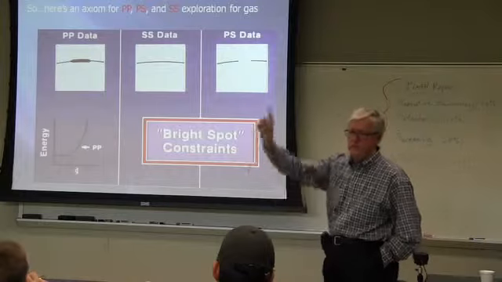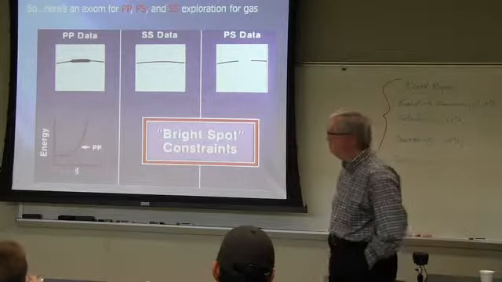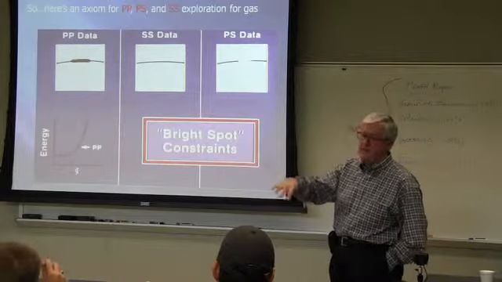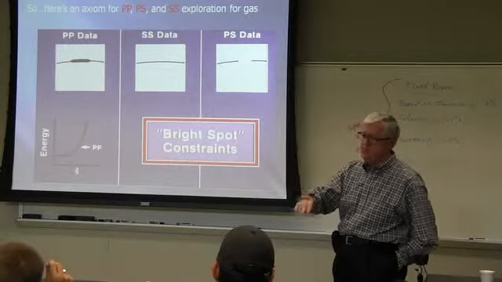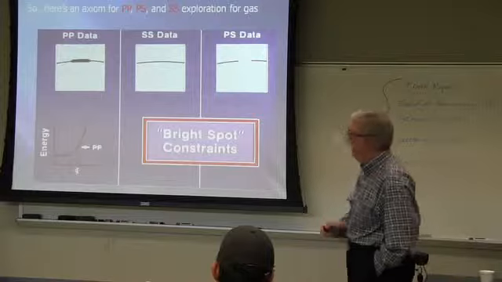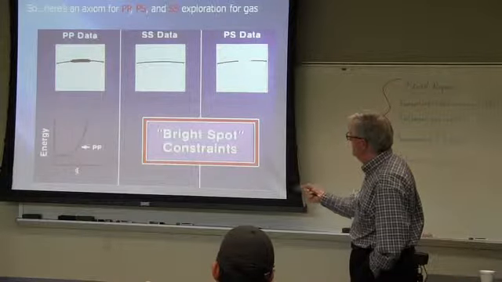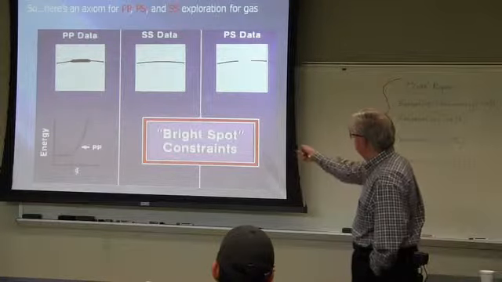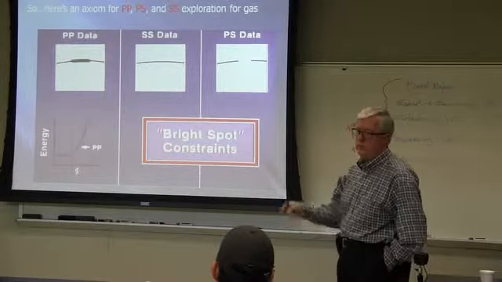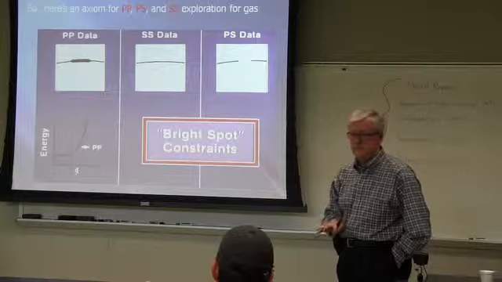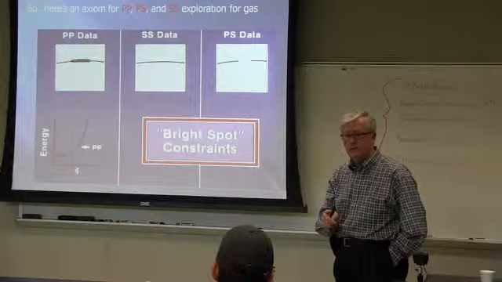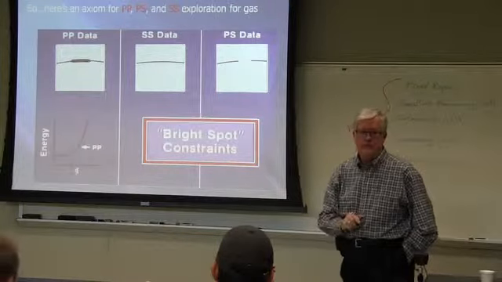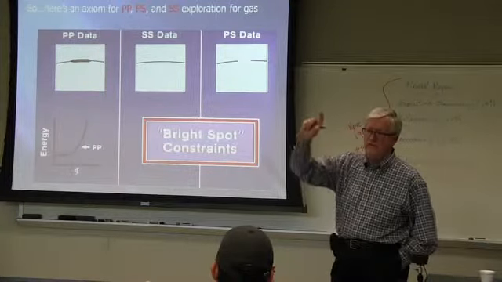that is to say P wave down, P wave back, standard P wave data, that you have an amplitude anomaly. It could be a plus, a minus, a dim spot, a flat spot, but something is anomalous about the amplitude. That's the necessary condition. The sufficient condition is that the shear wave data shows nothing. Because if it's a container, it shows up here and here. The Earth is a wavelength filter. So if I have a container,